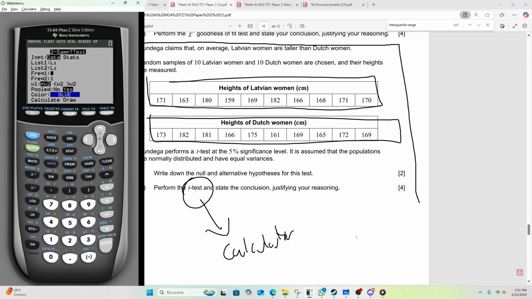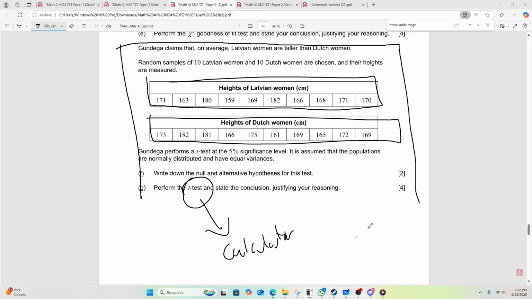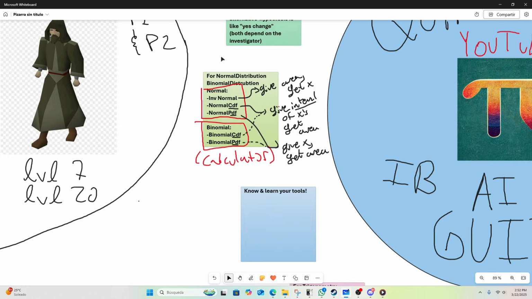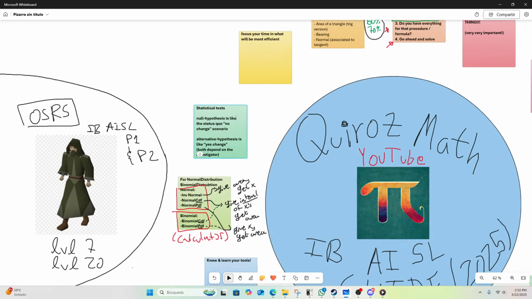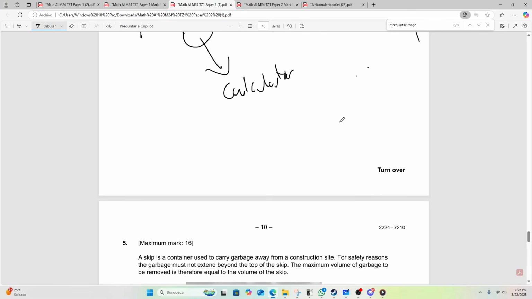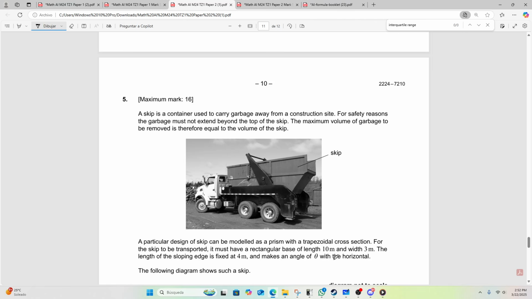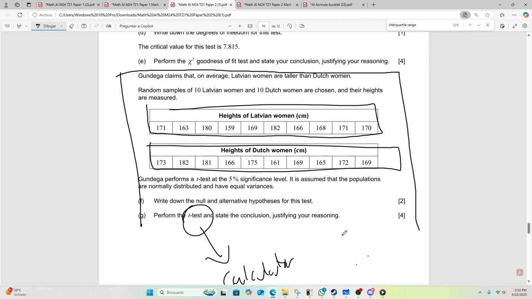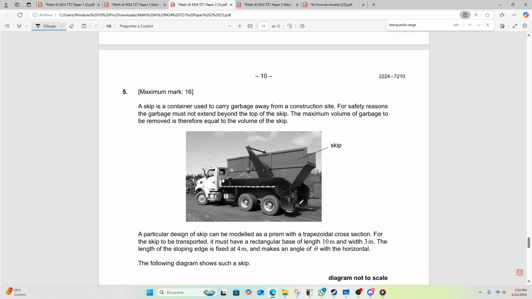List 1, list 2. Here it asks for your null hypotheses, and pooled. I should have mentioned this earlier, so I'm going to write it down now. For the statistical tests for IBA ISL, pooled will always be yes. Always. Don't ask why. I mean, well, you can. Basically, it's an assumption of variances between the distributions. For your effects and purposes, just leave pooled as yes.